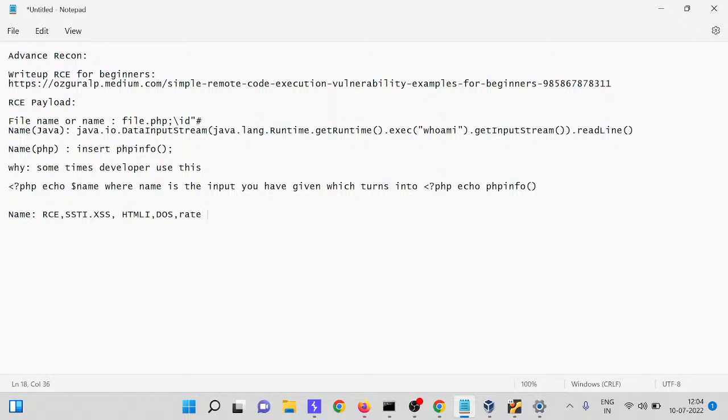Rate limit. Second, we can do XSS. So whenever there is a name field, you can try this. And one more thing is email HTML injection. You can also try this. You just put an img src payload in the name field, and if in the email it converts it into an image, then there is an email HTML injection.